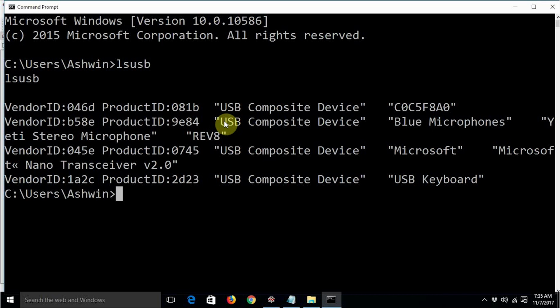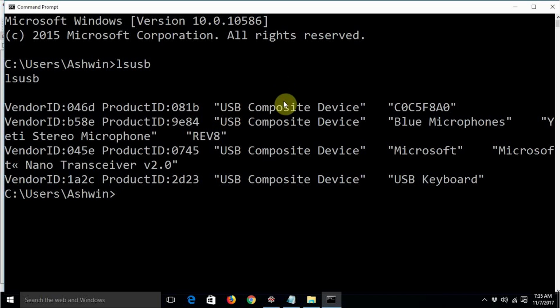So I have downloaded that file. You can find the link to that downloadable in the description of this video. So do visit that link and download this utility. Once you download the utility, you just need to copy it to some path, on C: or something, and then add the path of this utility's directory to the Path system variable of your system. Once you do that, you can access this LSUSB from anywhere.